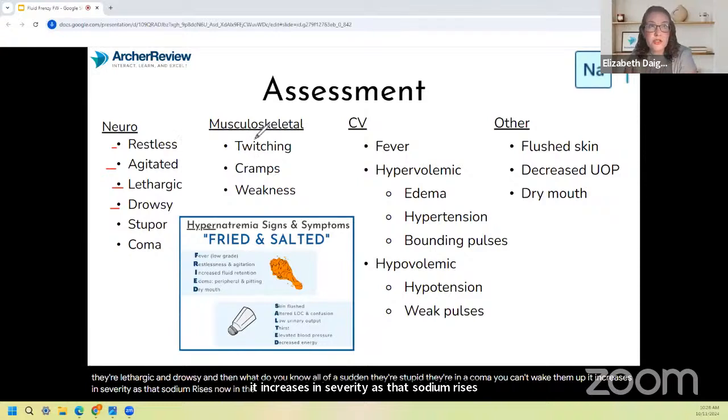Now, in the musculoskeletal system, it's mostly going to speed things up. There are going to be twitching and cramps. That's going to cause the muscles to feel weak. Now, when we look at